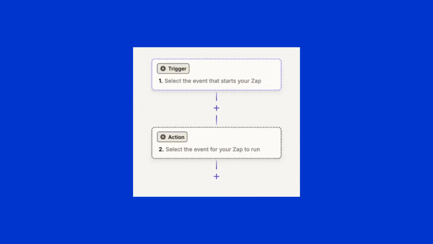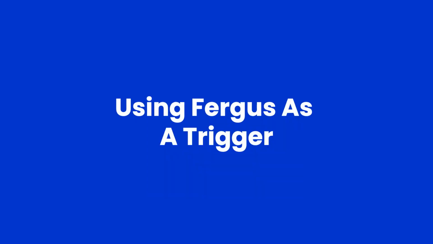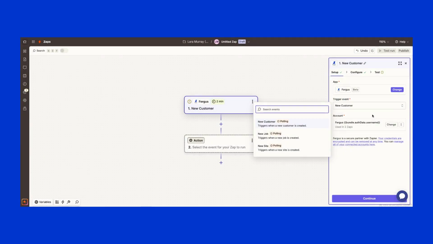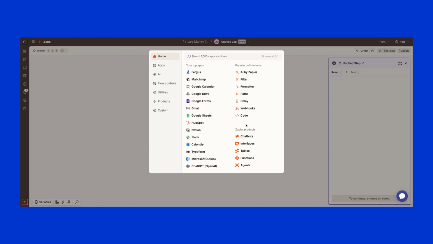Now, let's talk about triggers and actions. When Fergus acts as a trigger, it starts your automation by detecting when something happens in your Fergus account. For example, you could set up a zap that triggers when a new job is created, a customer is added, or a new site is created. This trigger then kicks off actions in other apps like sending notifications to Slack, creating tasks in project management tools,